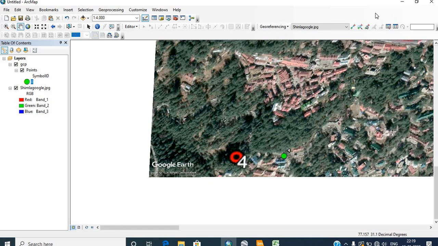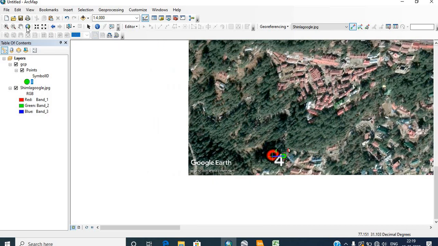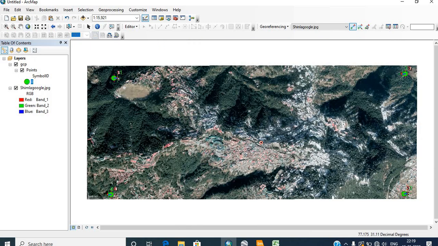So this is the last point. Now you can see that all the 4 ground control points and their reference coordinate values have been added.